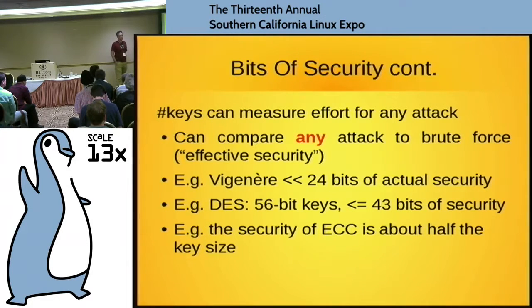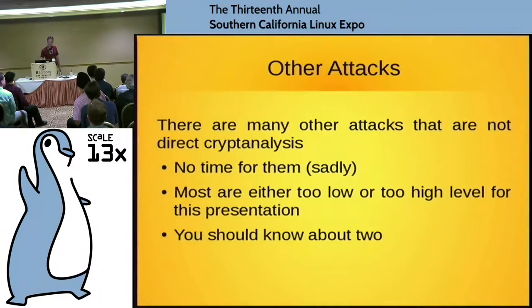Vigenère is actually much worse than I said, because there are very effective attacks against it, so you get much less than 24 bits of actual security. DES has 56-bit keys. I did a little bit of looking: you get less than 3 bits of security with the best known attack. What does that mean? It means that with the best known attack, the effort you have to do is equivalent to searching a 43-bit key space. So it's a very useful yardstick, and it's basically the language we use for cryptography.